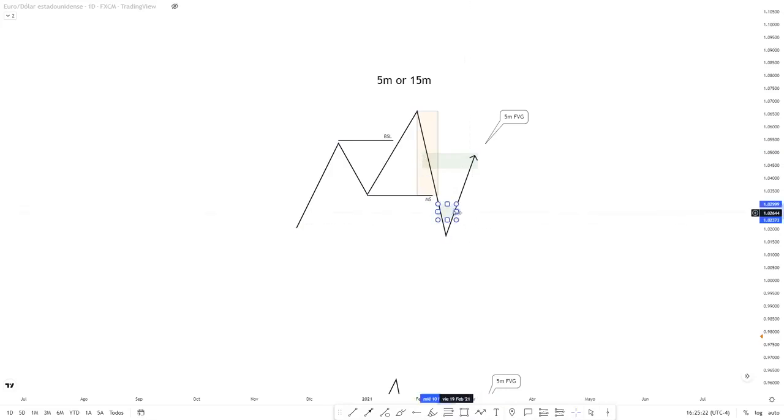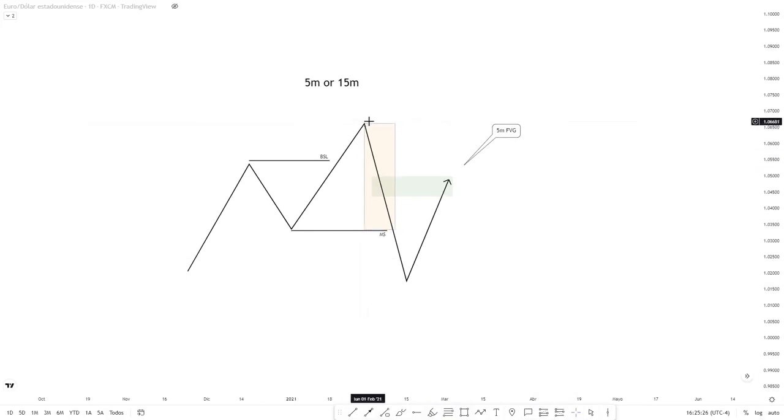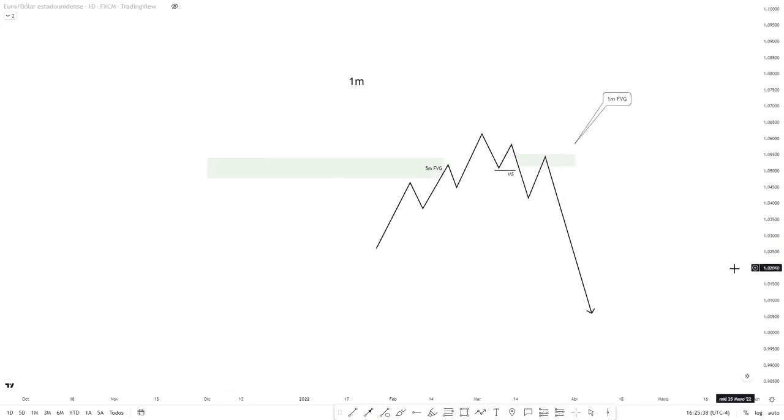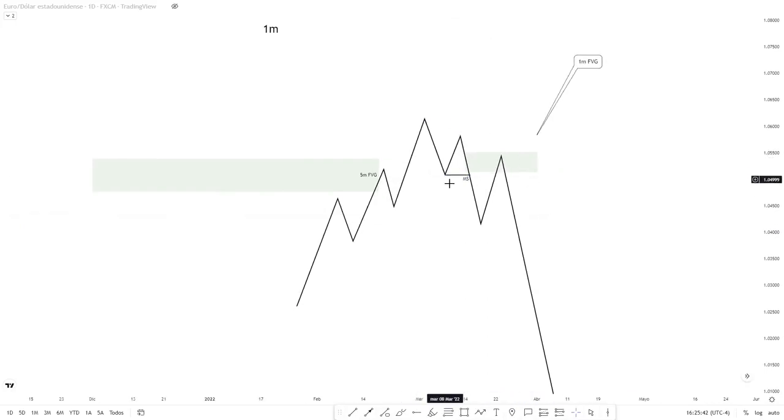Okay, so we're going to be looking for fair value gaps to show up from the high that causes the market shift to the market shift itself, to the low that is actually what we're using as our market shift. Okay, and that is the exact same thing that we're going to do in the 1-minute. If the 1-minute has this structure and this is the market shift that we're looking for, this is the area where the fair value gap has to show up. If a fair value gap shows up in here, that is not a fair value gap that I can use,